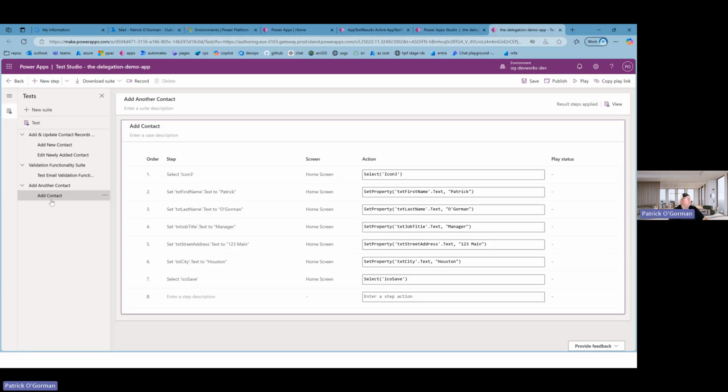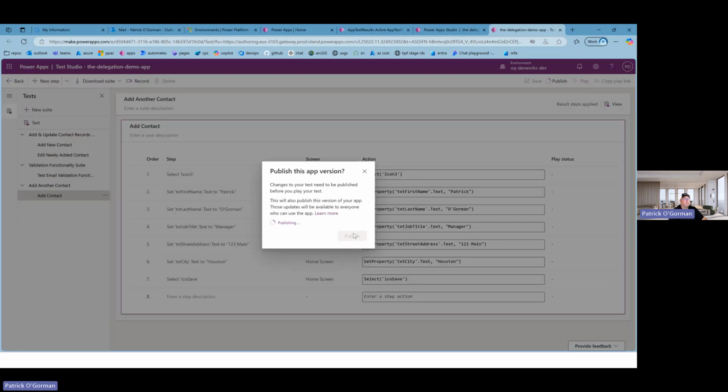And then if I wanted to test that, you can see here, it's all the steps that I just did. And if I wanted to test that, I could certainly come up here and push play. Of course, it's going to make me publish it. And the good thing is that you can use the